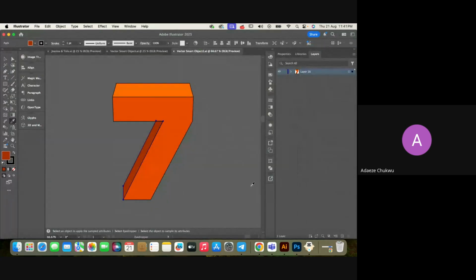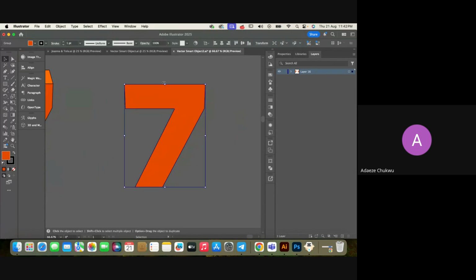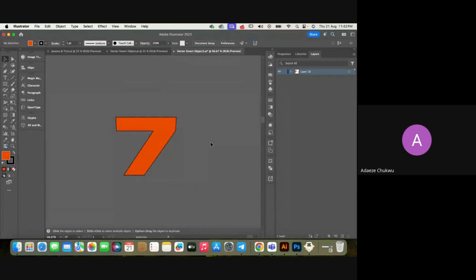No, let's just go there and do something. So we have this number 7, bring it here. So we just press down. We don't need to press down and squeeze it a little bit like this, and then bring it up. If it's over by the side, that means we are able to see more of the side than